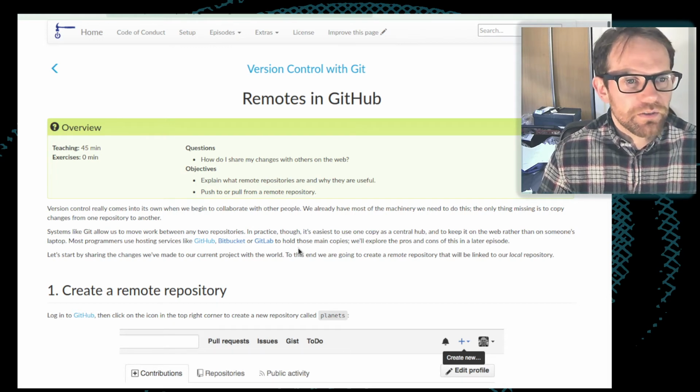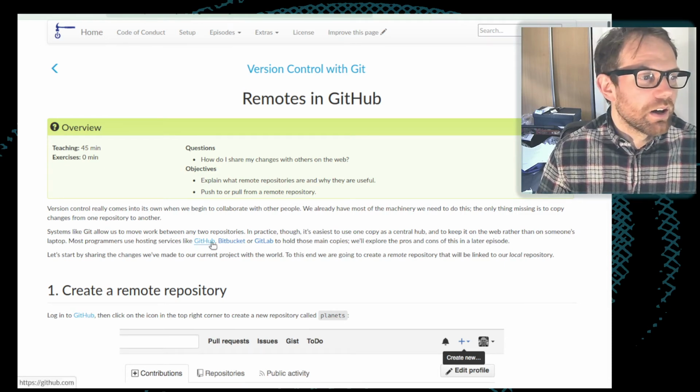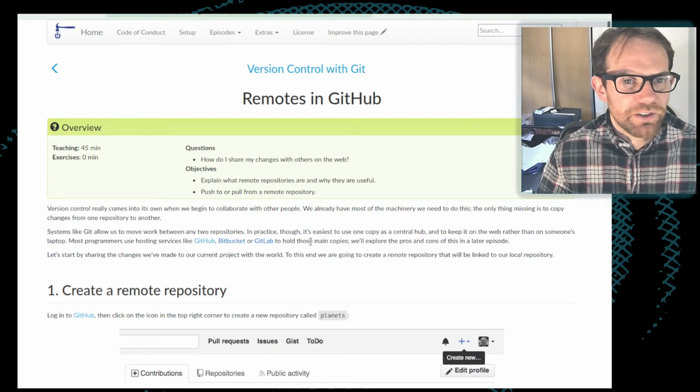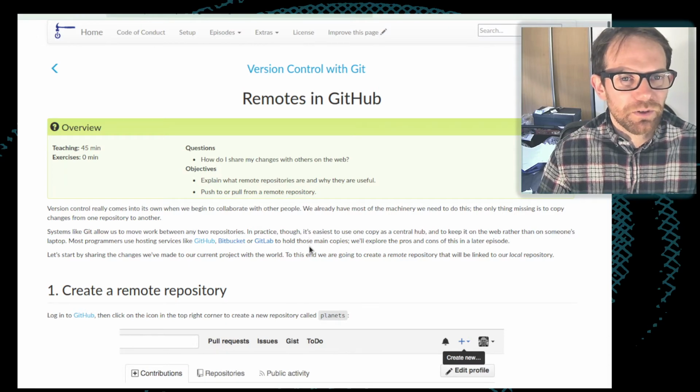Now, any of these hosting services are fine. GitHub is probably the best one to use if you are working on something where you hope to get lots of different collaborators, because GitHub is just the largest and is where most open source developers have accounts. I think there is a discussion later on in the notes about the pros and cons of each of them. I don't think we're going to get onto that, but do feel free to go check that out later on.